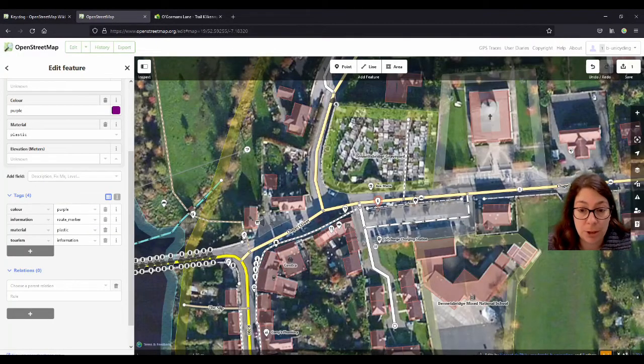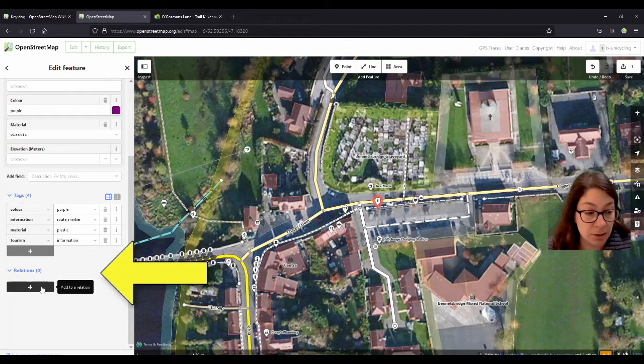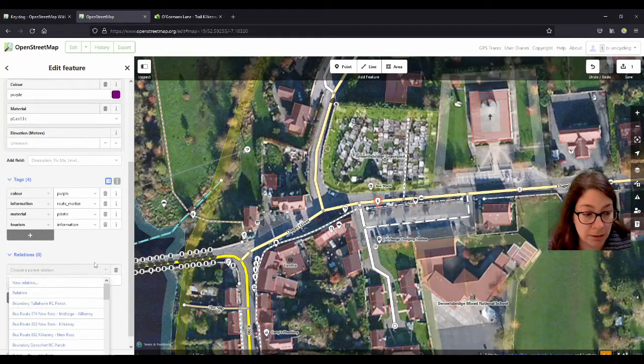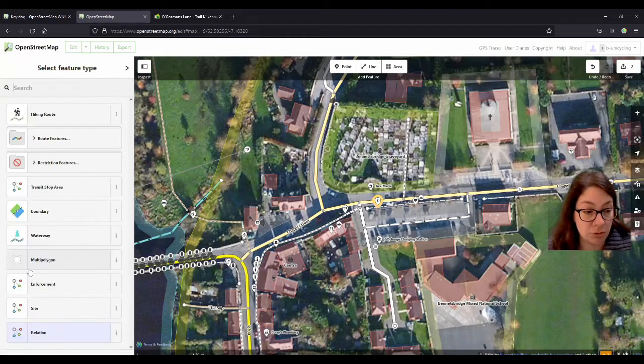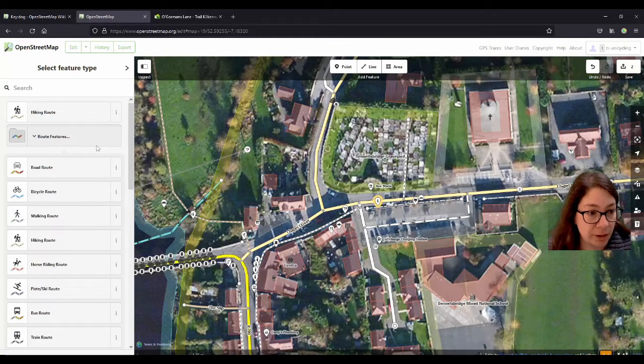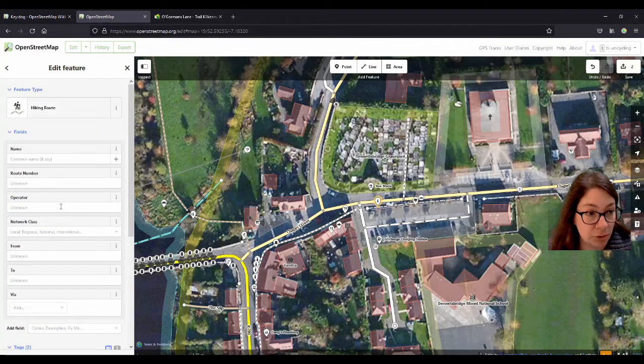So I'm back in Bennett's Bridge on openstreetmap.org. I've gone into the editing mode and I've highlighted the trail marker that I have already added. That's actually the trailhead. And I want to add this to the relation, but I have to create the relation first. So down here where it says relations, we click on the plus and on the little drop down field, and it gives me a lot of relations here, but of course because I haven't created it yet, it's not available. So I click on new relation, and because the last thing I did was a hiking route, it'll come up here. If it doesn't, usually it's just the route features. You just click on route features and then you scroll down to hiking route.